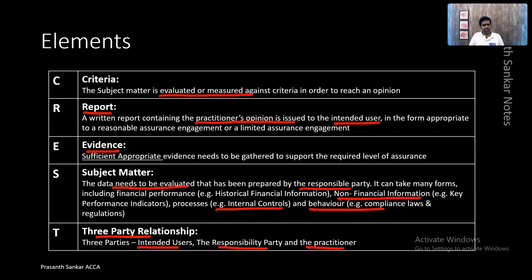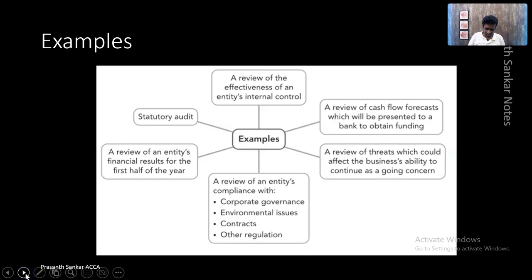So let's now look at certain examples of an assurance engagement. What are the examples? These are the examples. The biggest and the easiest example to remember of an assurance engagement is the statutory audit. What is statutory audit? Who are involved in statutory audit? Let's learn in a minute. But the biggest example is statutory audit. Other types of assurance engagement, we have a separate chapter altogether to learn about. But to give you an overview or an example, reviewing the effectiveness of the internal control.